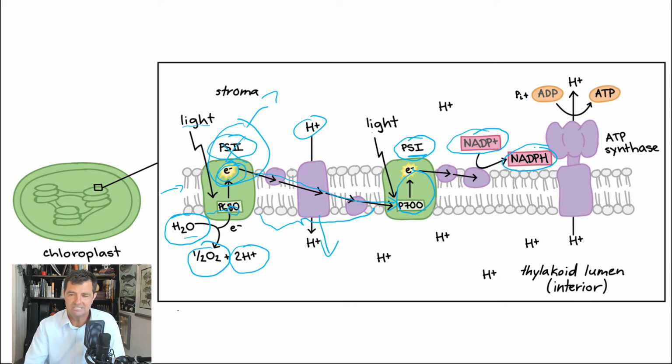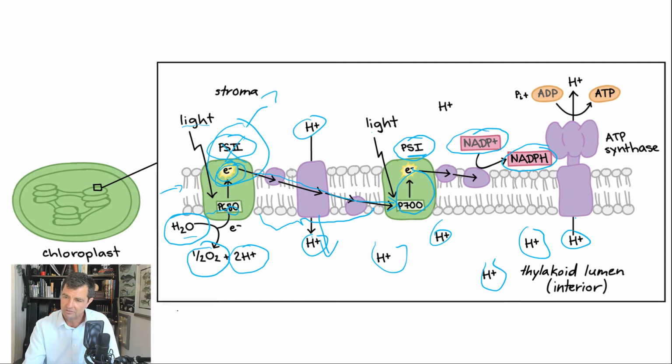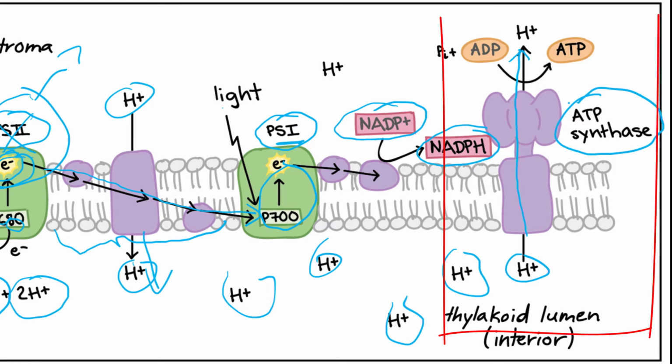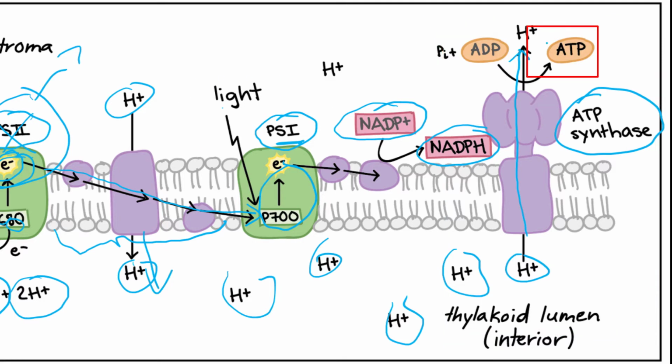Now, what happens then is, as we've pumped those hydrogen ions that I've mentioned, we're going to have a chemical gradient like we did before. And they're going to flow through this protein that we've discussed before, ATP synthase. And what does ATP synthase do? It generates ATP from that. And so essentially we've used that light energy to make ATP. But that's not the most important part. That's a small little piece of the puzzle there.